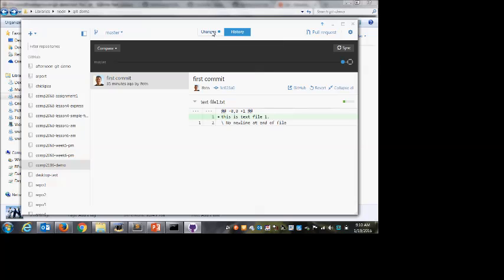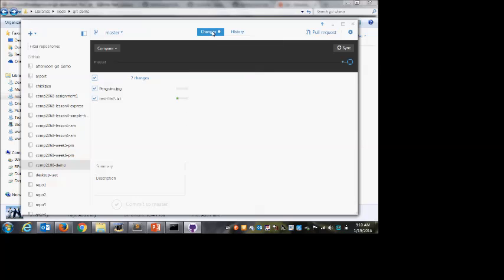And now when I go back to my GitHub client, notice changes, there's a little circle here, and it says there's 2 uncommitted changes. If I click changes, it shows me what got changed, right? I've got 2 new files here. So if I want to make a commit here where it says summary, this is where I put in my commit message,